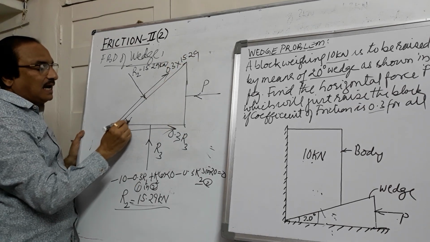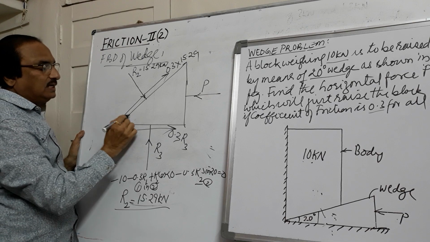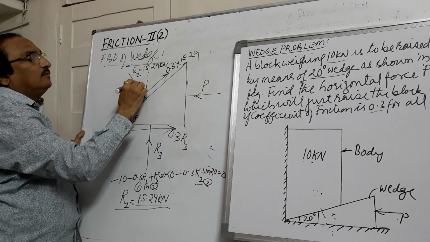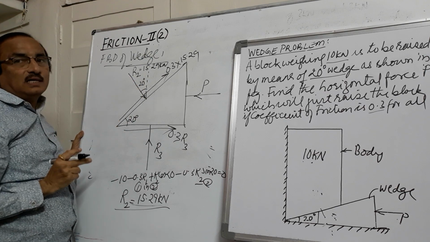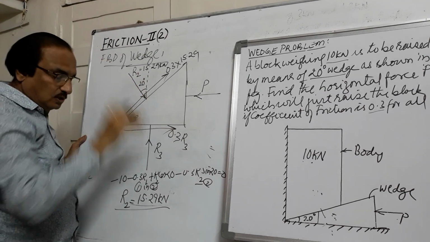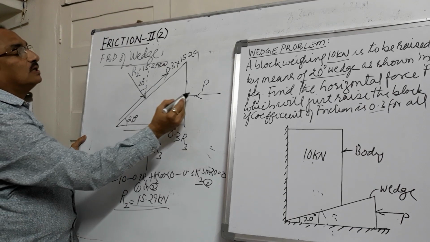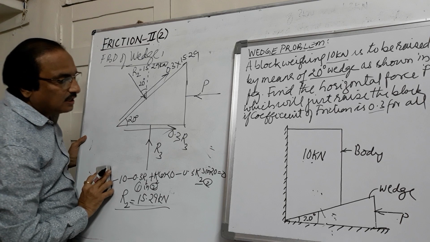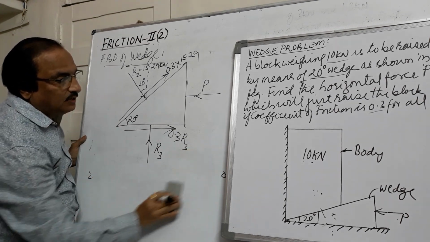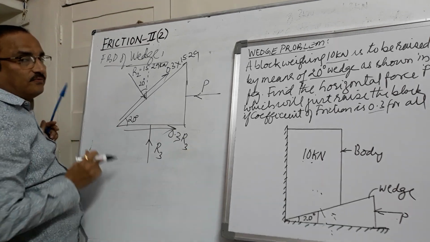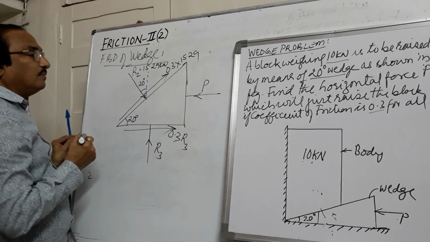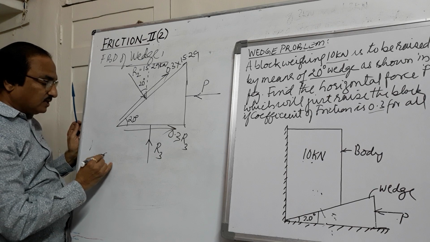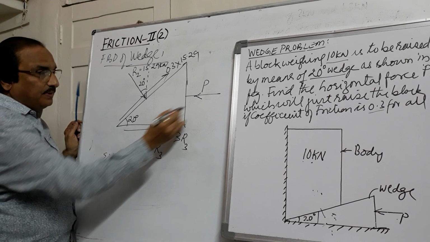So this is making an angle of 20 degrees. If I draw a vertical line here, this angle will also be equal to 20 degrees. So we want to find out the value of P. How many forces are there? 1, 2, 3, 4, 5 forces are keeping the body in equilibrium. In the body also we have seen there are five forces keeping the body in equilibrium. Now we want P, so we have to resolve vertically and horizontally. First we will resolve vertically because P is horizontal.